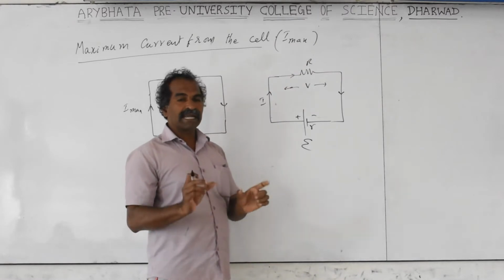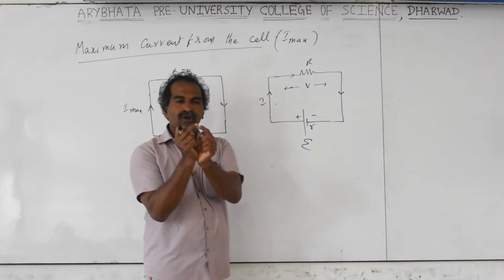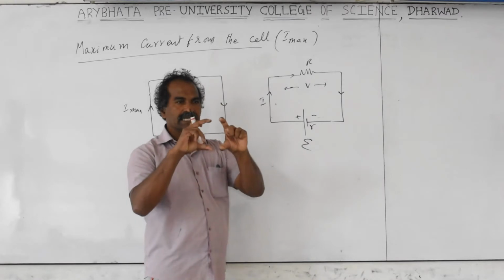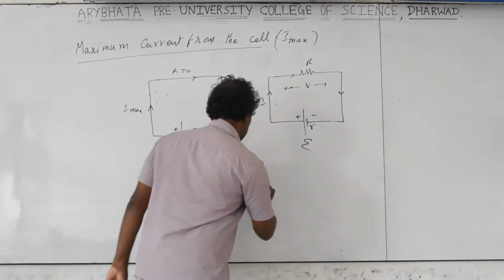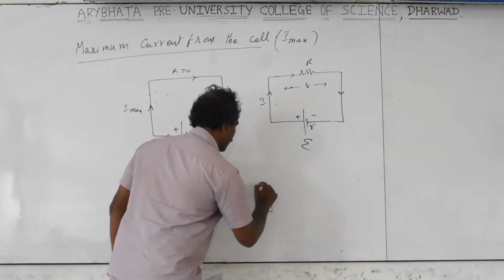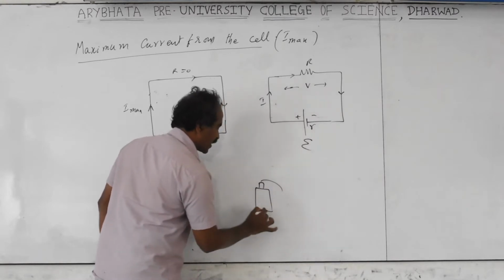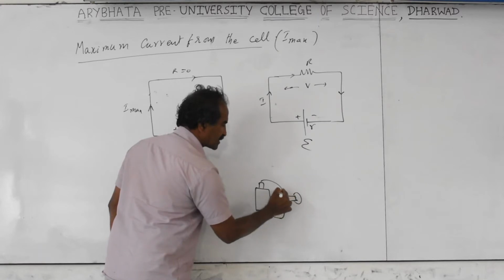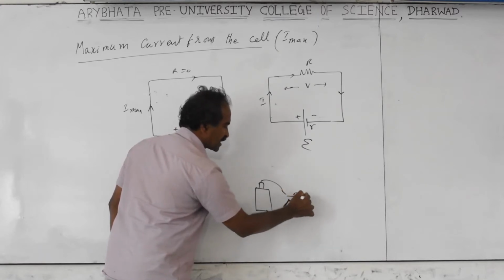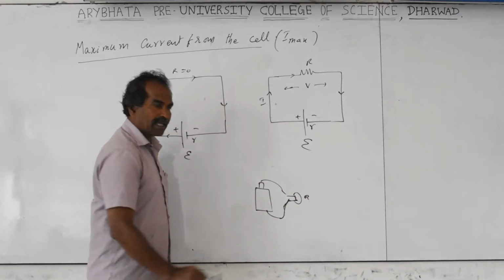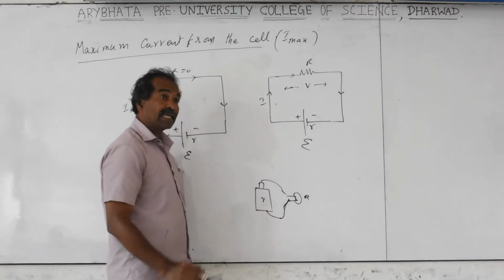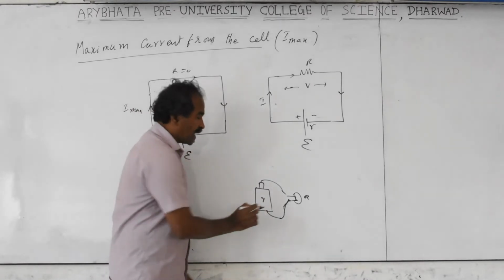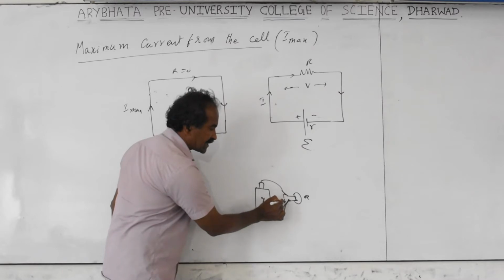But if you take a battery cell and connect the two wires of the battery cell, that is a short circuit. Normally, if you connect the cell to a bulb or any electrical device, the resistance, capital R, limits the current. But if for any reason these wires touch like this,